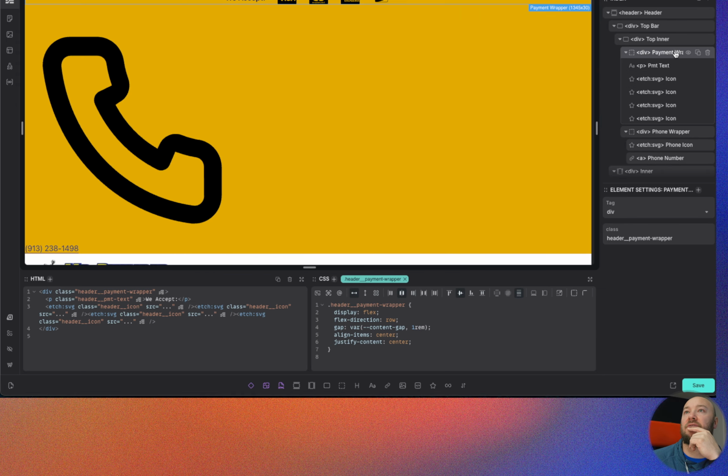And going back to here, I want my gap to be smaller. So I'm going to change this to space XS. And I think we'll stick with that for now. All right,